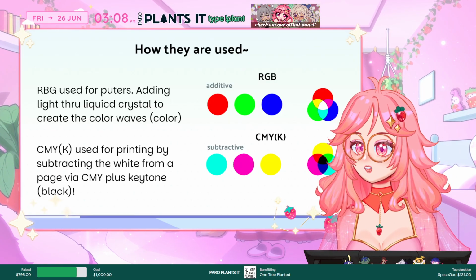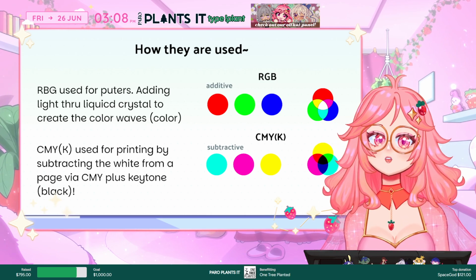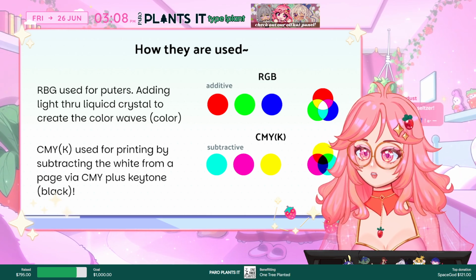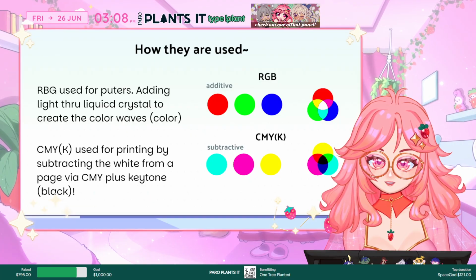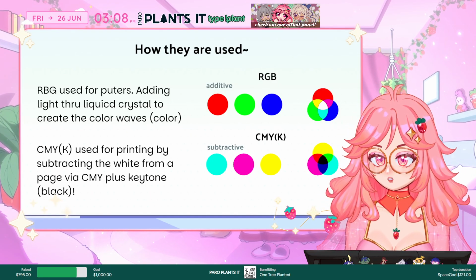That's why it works and why it's additive, because we're adding those colors together to get all the other colors that we want to see via the light. CMYK, why did I say it like this? CMYK is used for printing because